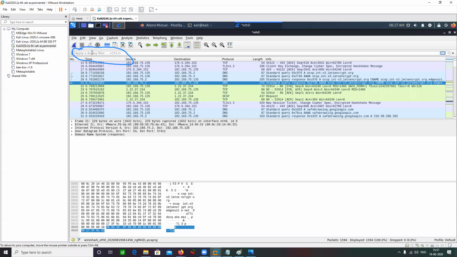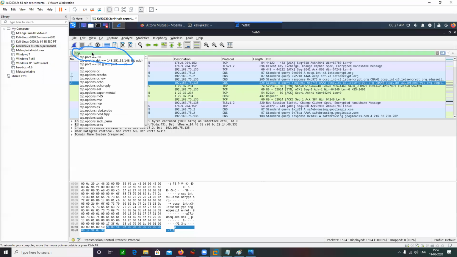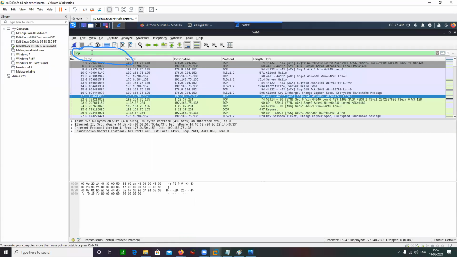I can simply type TCP here and press enter. My output is filtered, and you can see the numbers have changed. The number of total packets captured is 1594, and the number of packets being displayed is 776.